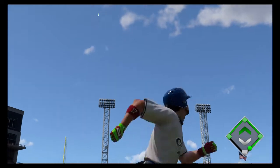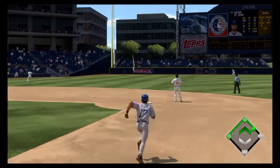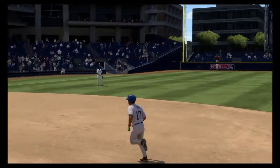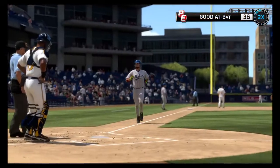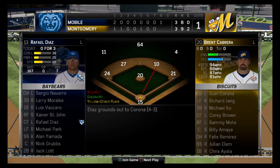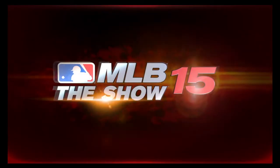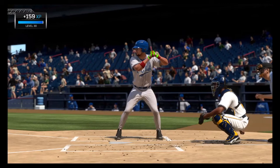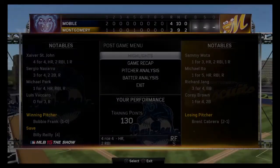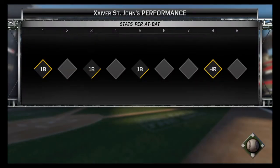He takes it to the opposite field, high and deep to left. A leap, but he can't bring it back into the park. It's a home run. Your attention, please. A solo shot here to left. Home run number 5 on the year, as it's now a 3-all ball game. Not a lot of offense to go around in this one, but what offense we did see came from this man's bat. He's our top